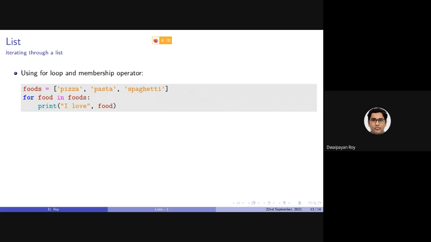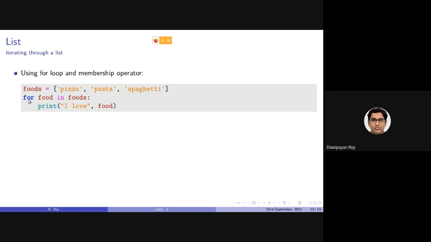So using the for loop, how can we access the individual items in a simple list? So let's consider we have a list containing a set of names of foods. The name of the list is foods, containing 3 values. So in order to access them, we can use this membership operator here as well.